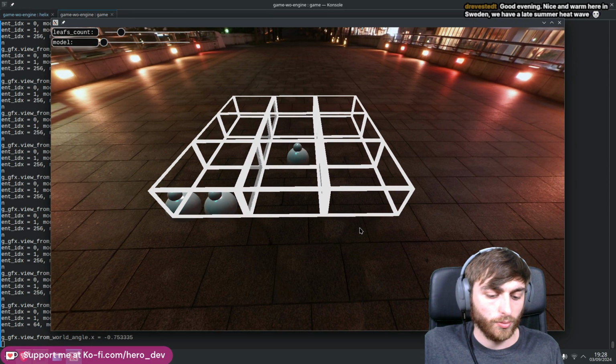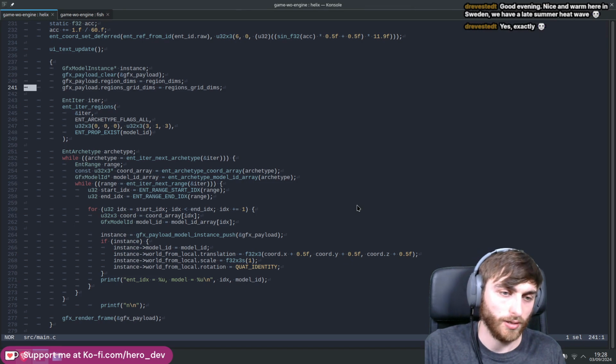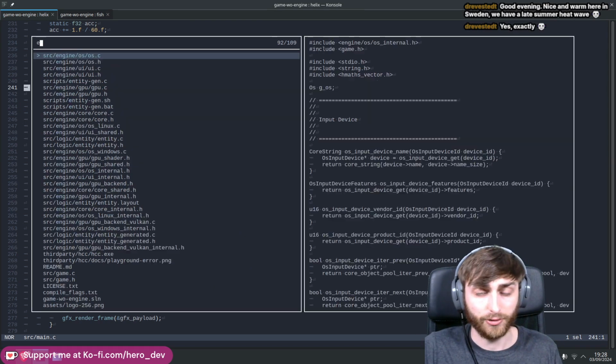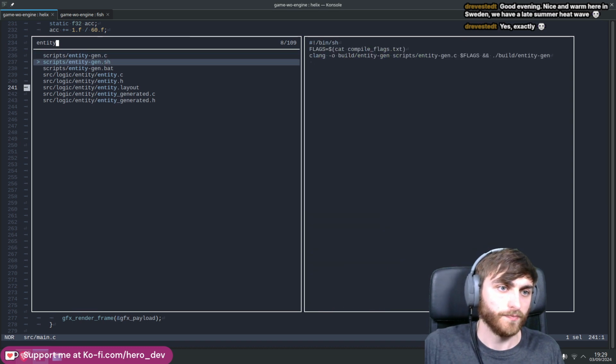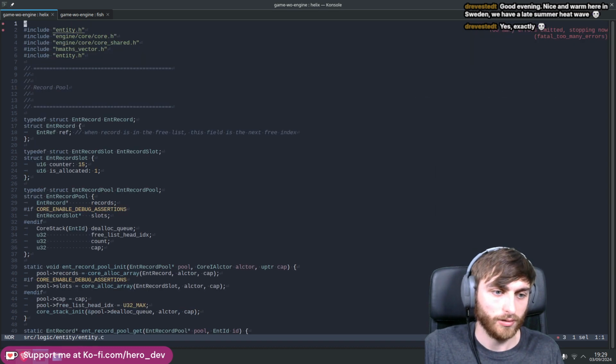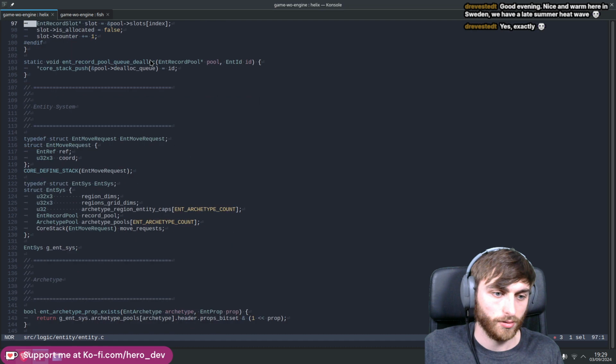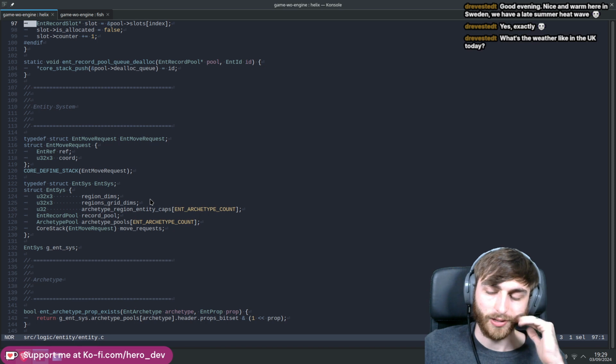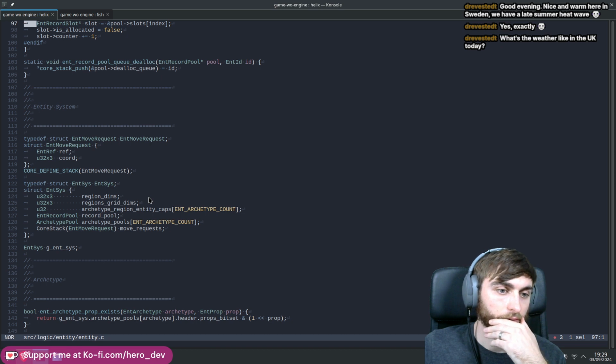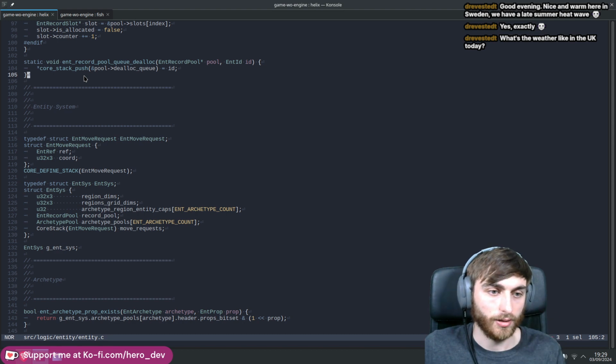So what I would like to do is add it to the actual entity system itself, in entity.c, I think. We want to add like the 3D lookup table. I don't know what we would like to do exactly. So we need to say every tile. Yeah, so we'll probably split it down into regions. Every region will have a